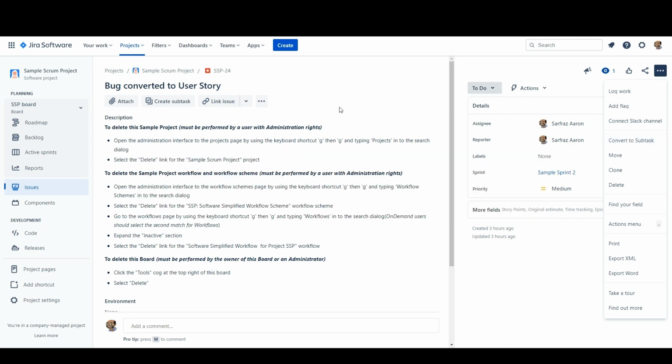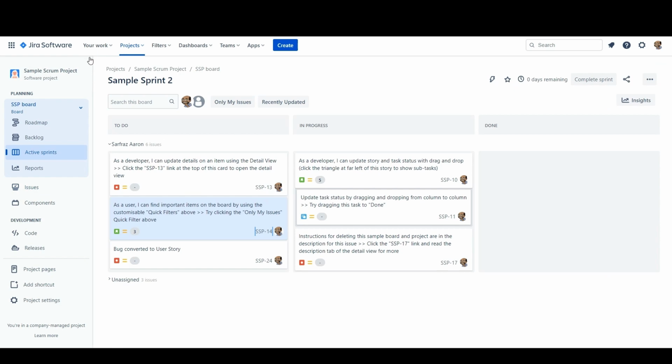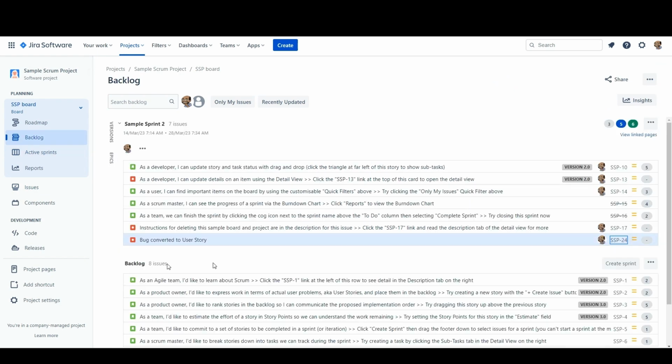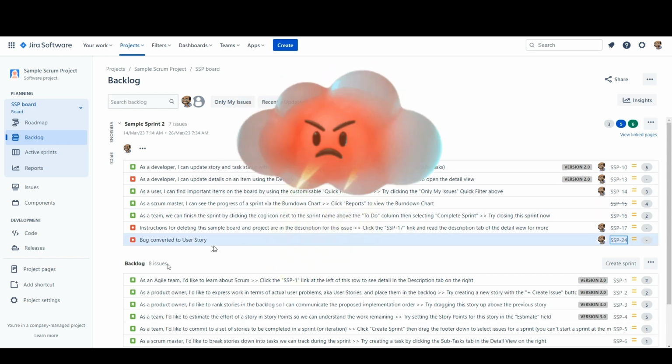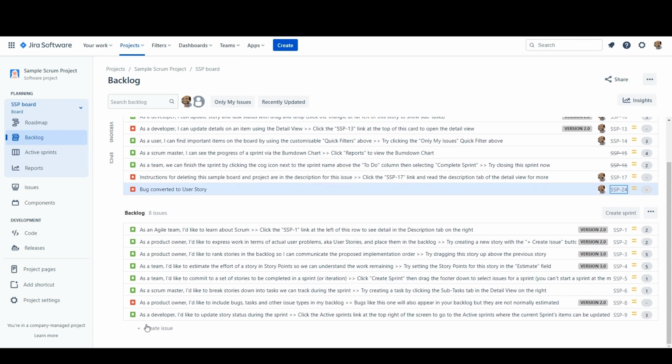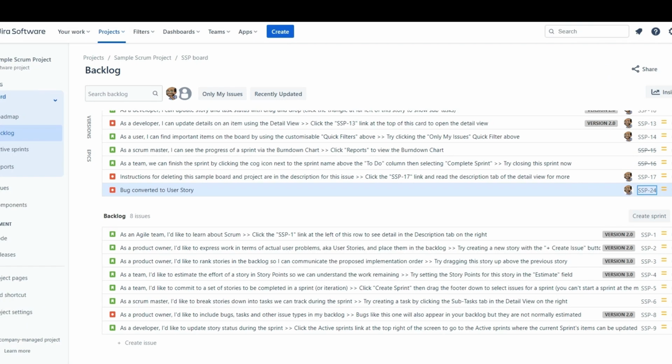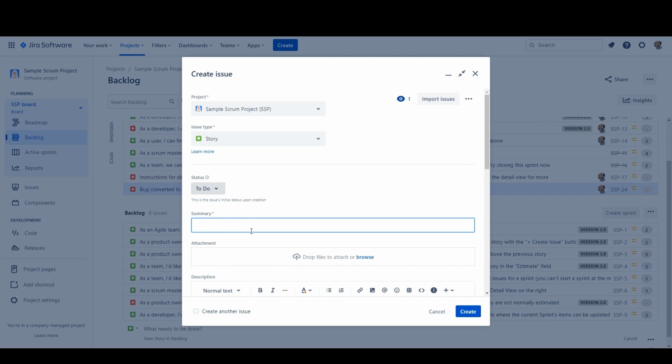So what I would suggest is that you go back to your current sprint or the backlog here, and you can create a story. Now, in one of my videos, I talk about how Jira does not allow you to create a new ticket or issue within the current sprint, because that's going to impact the scope of the sprint. But you can do it in the backlog, or if there's another future sprint available, or even clicking on this as well. So if I was to click on here and open this in a larger box, a dialog, I click on these 3 dots